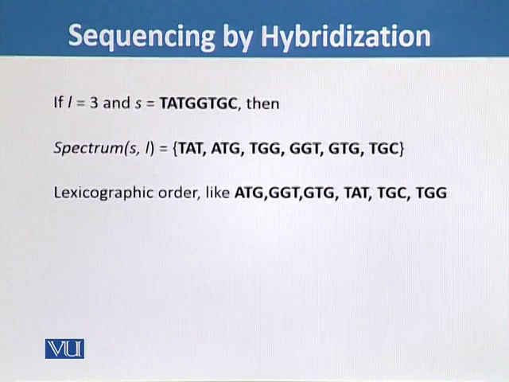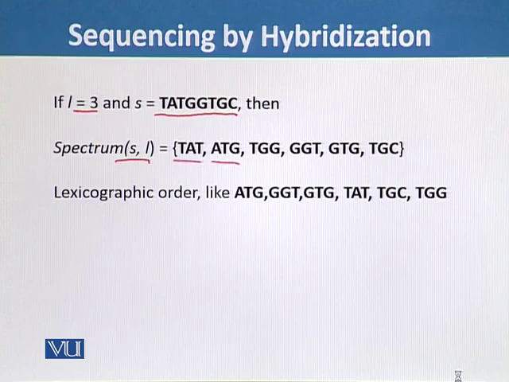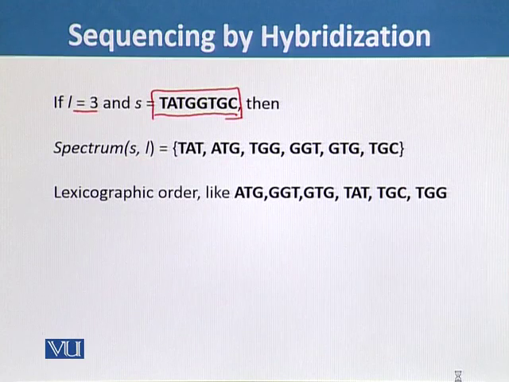So we can see that if L is equal to 3 and S is the sequence TATGGTGC, then the spectrum S_L would be TAT, ATG, and so on. How can we get this? Because this is the shortest information, we can say that S is a superstring, and we can get the information from this superstring. We will take the first 3 letters,